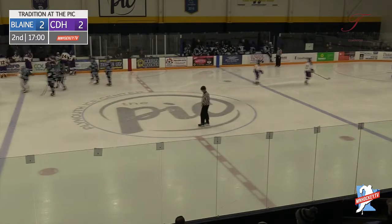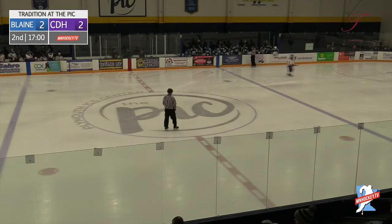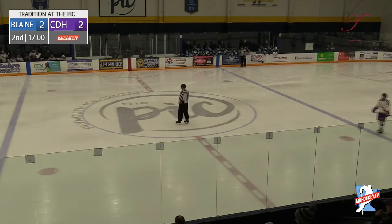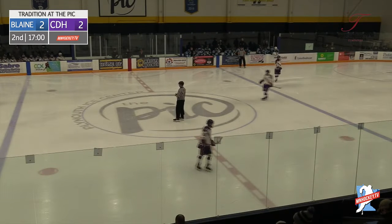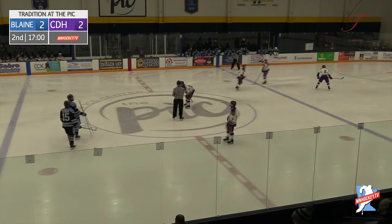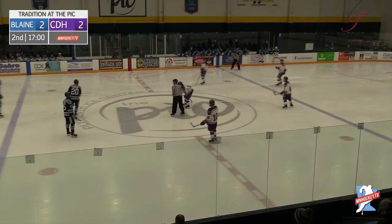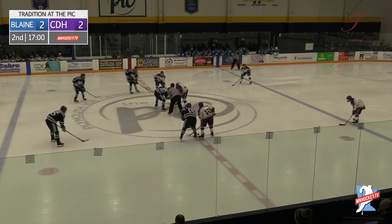Welcome back to the Plymouth Ice Center, period number 2 between Cretin-Derham Hall and Blaine, a 2-2 game after the first frame. And it was a good period. Raiders started out with a 2-0 lead, but then Blaine got 2 goals and it made things interesting at the end of the period, including a very pretty goal by Carson Rickles, which we'll show you here at our first